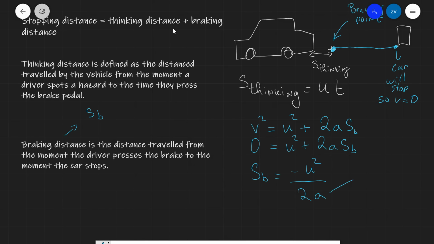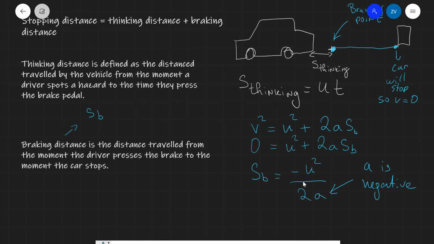Now note that the acceleration will be negative. So let's just say that a is negative, and this would mean that your displacement, your braking distance, will be positive, because this minus sign will get cancelled out by another minus sign, because the acceleration is indeed going to be negative, because the car is slowing down. So we can use this formula to calculate our